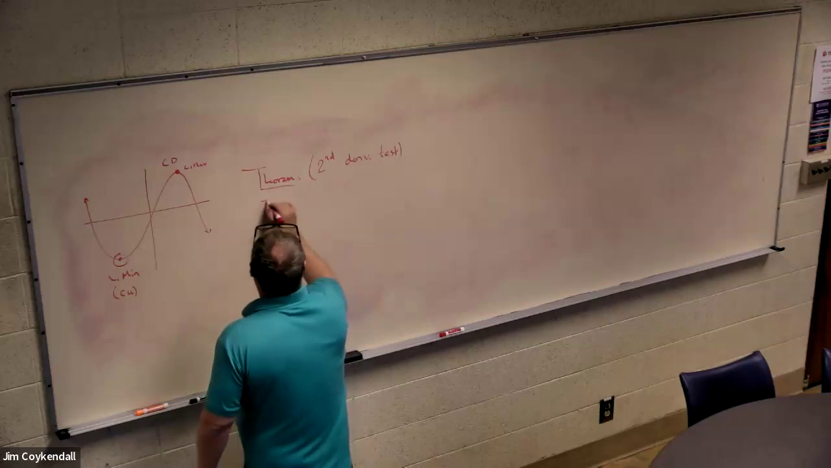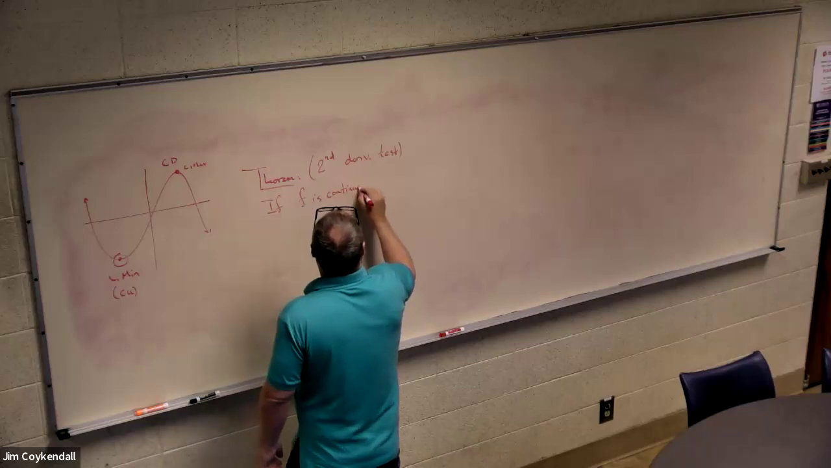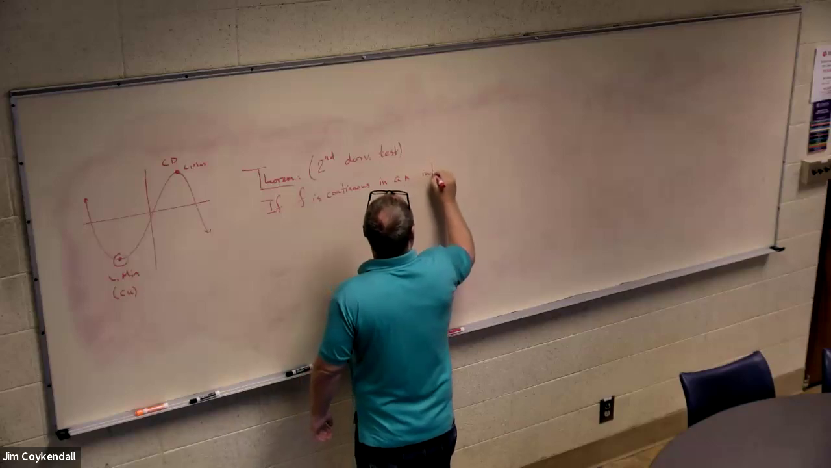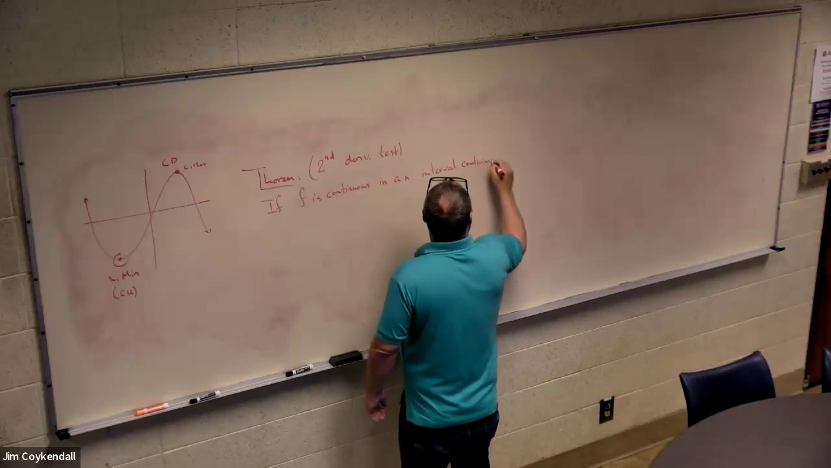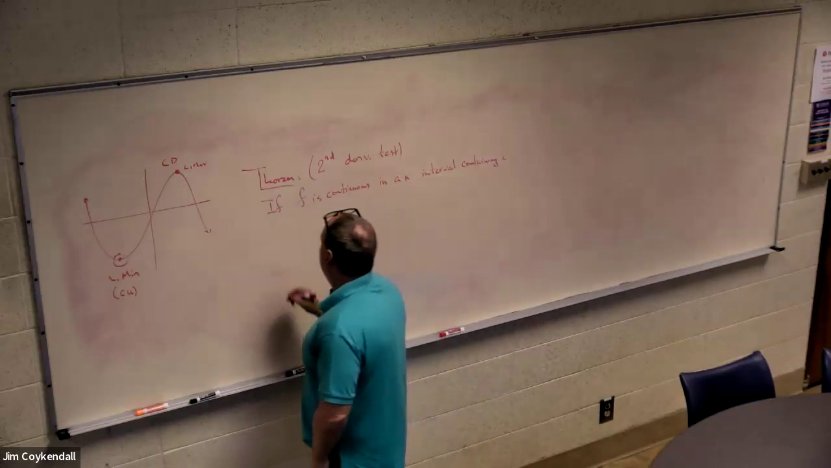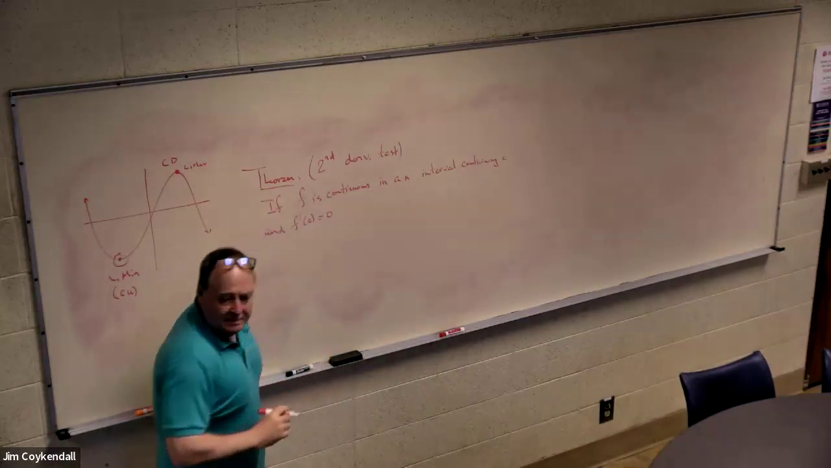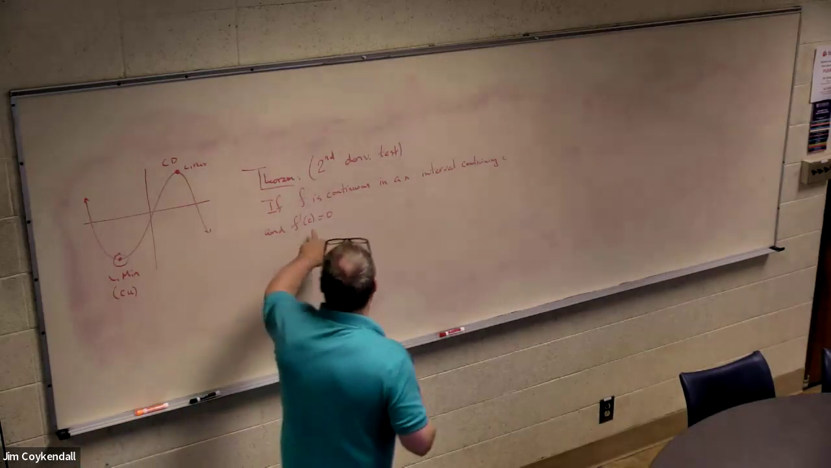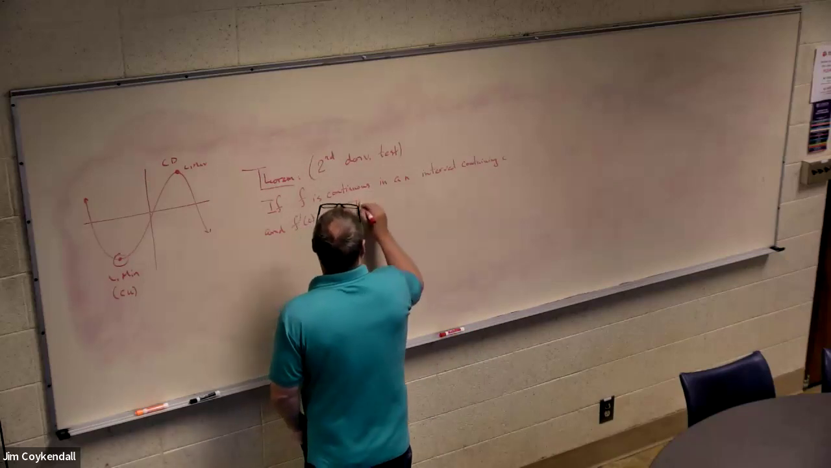And what it says is, if f is continuous in an interval and f prime of c is 0, so suppose that I mean, now it's a critical number, but it's in fact a number where the derivative is 0, not even undefined. Then